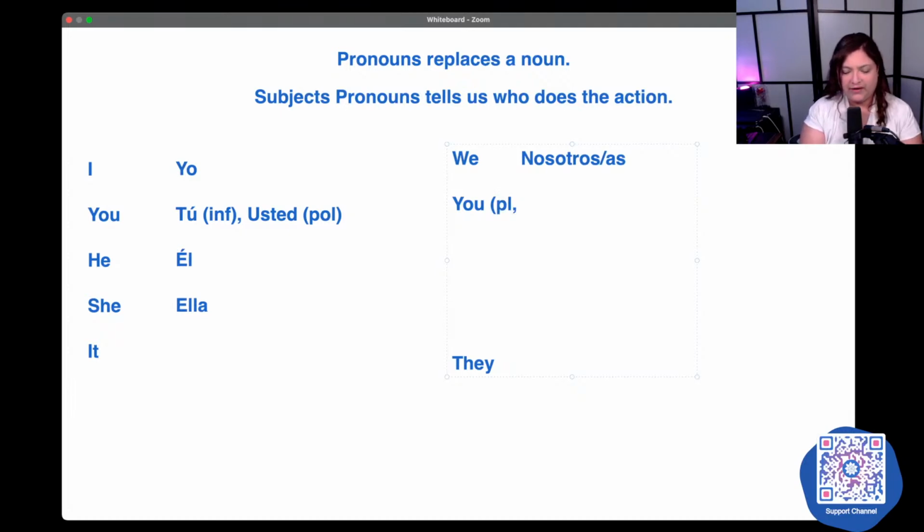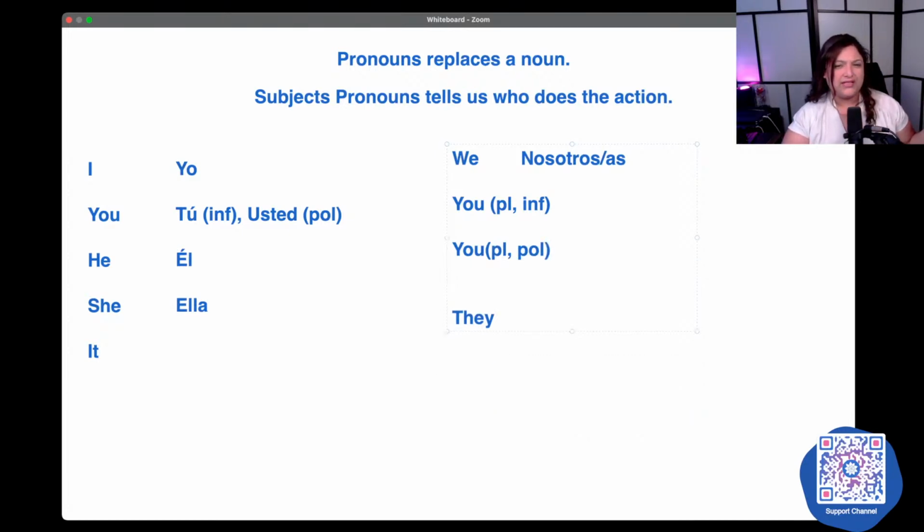You plural, informal, which is typically used in Castilian Spanish, and then you plural, polite, which, again, this rule applies to only Castilian Spanish. Let's go over the pronouns first, and then I'll explain more.